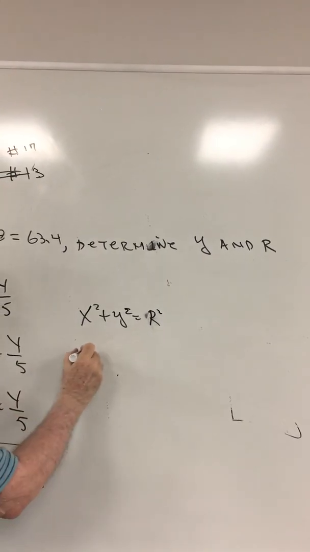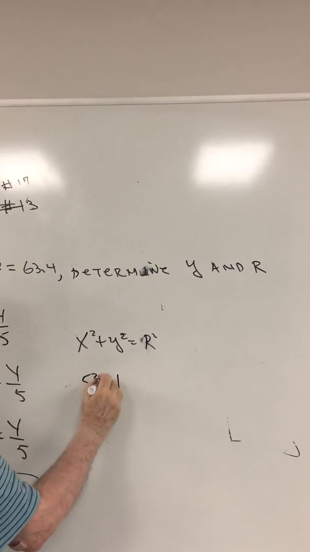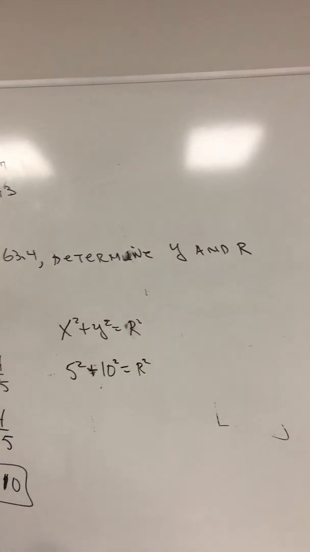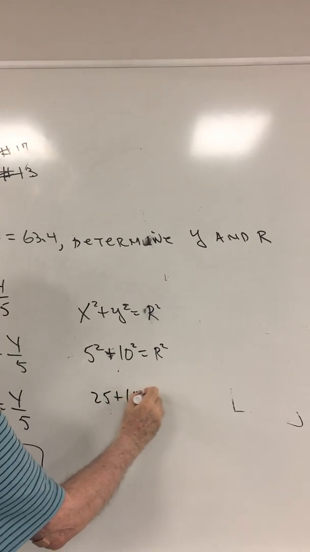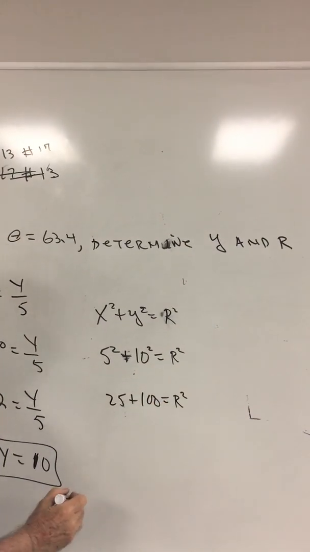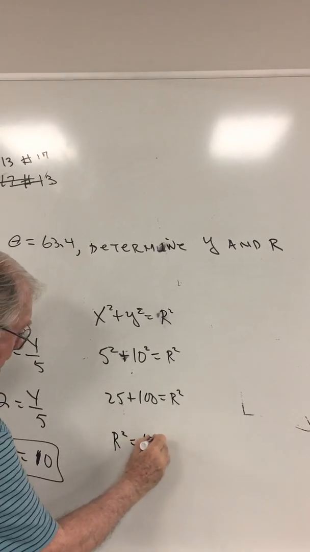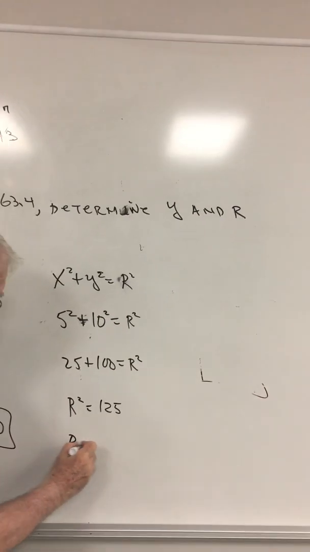That's going to be 5 squared plus 10 squared equals r squared. So 5 squared is 25, 10 squared is 100. So this comes out to be 125. And the square root of 125 should be about 11.2